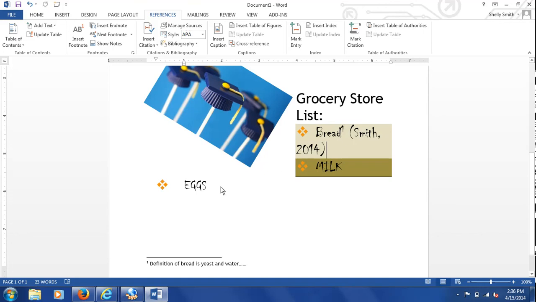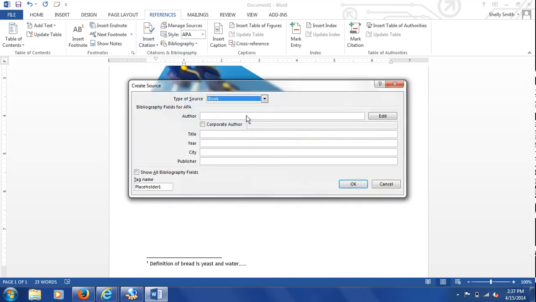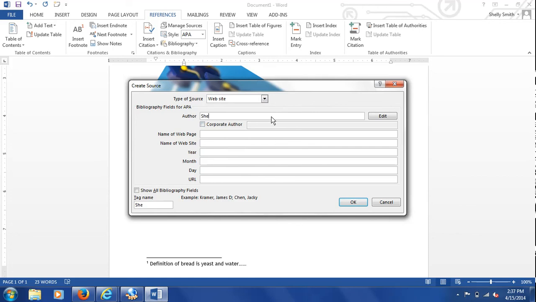Let's say that under, let's say it wasn't eggs. Let's say that this says hypochondriac. And let's say that you found that this is a symptom in grocery store shoppers. So you would go to insert a citation, add another new source, and let's say you found it at the owl@purdue.com. Oh, we need to change our source from book to website. The author was, again, this girl, Shelley Smith. Who is she? Name of the webpage,